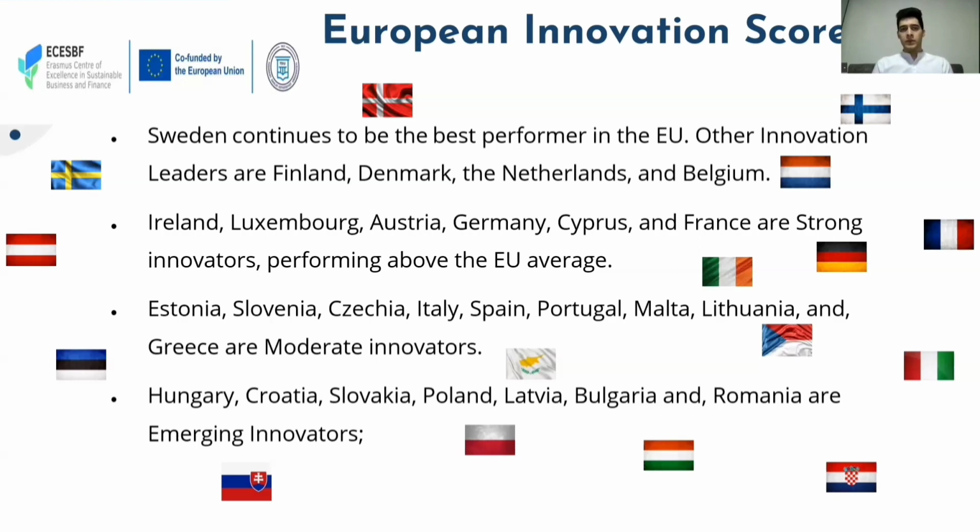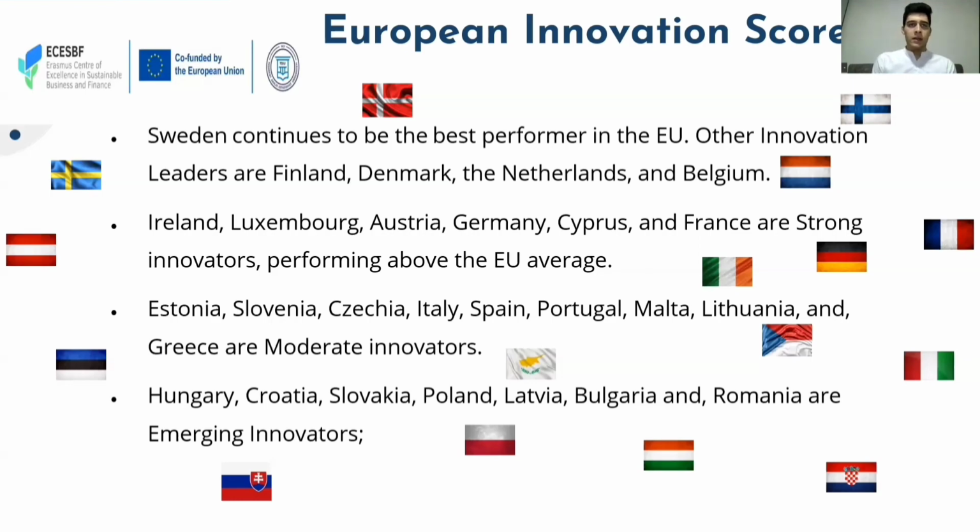And the last group is the emerging innovators. We can even name this group the countries with the worst innovation. So these countries are Slovakia, Poland, Bulgaria, and Romania. And there is one more thing to mention. Almost all results are the same with the